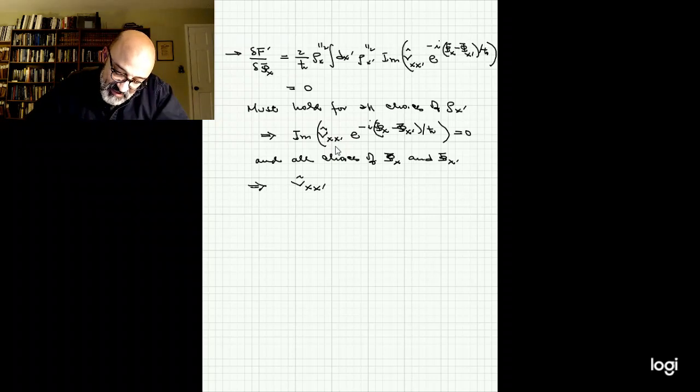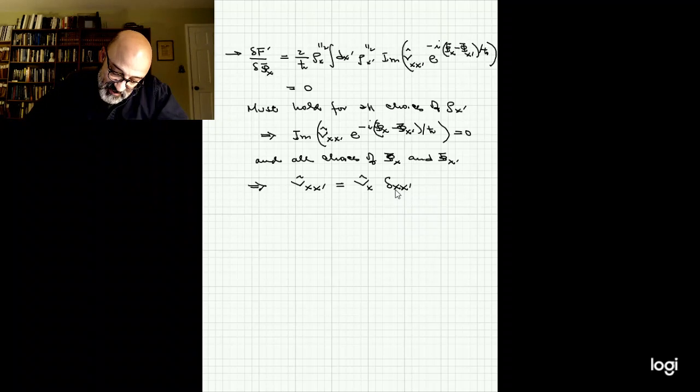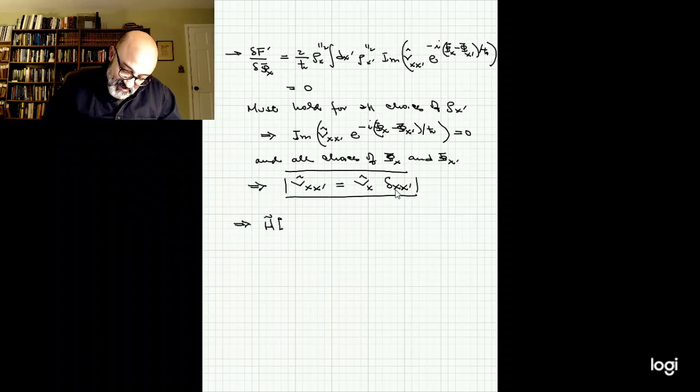In other words, this guy here is some function of X, and then there is a delta function. If there is a delta function, then the only place where this is not going to vanish is going to be where it makes one of these guys cancel the other, and so the dependence on phi disappears. So conclusion, the actual Hamiltonian, which is a functional of